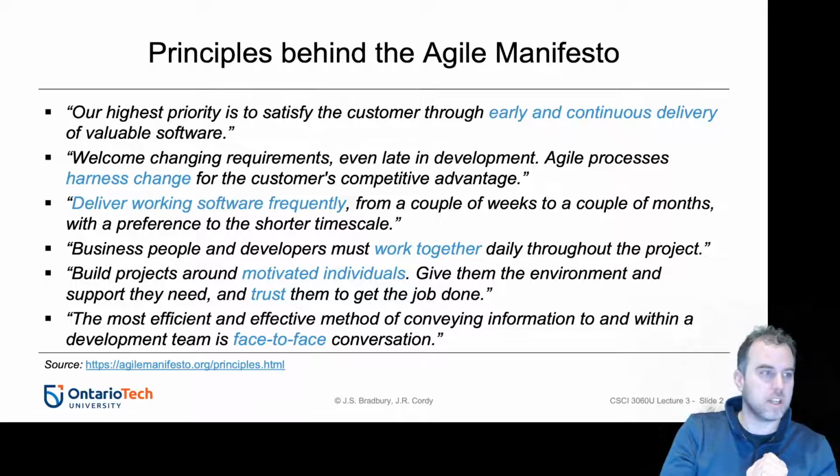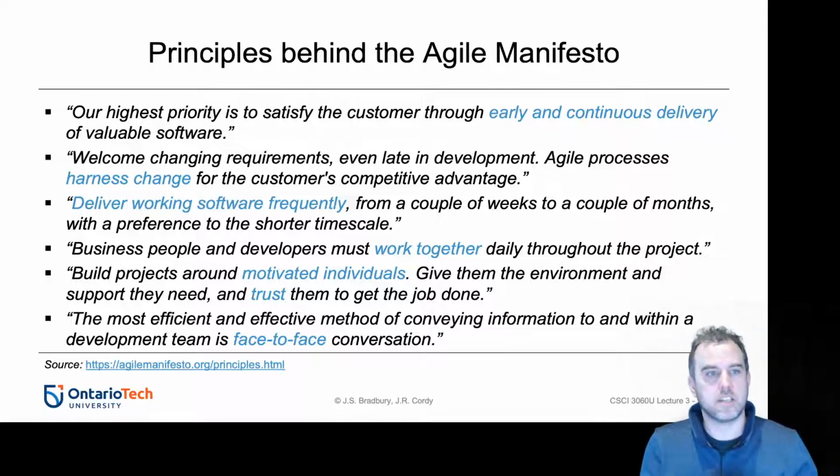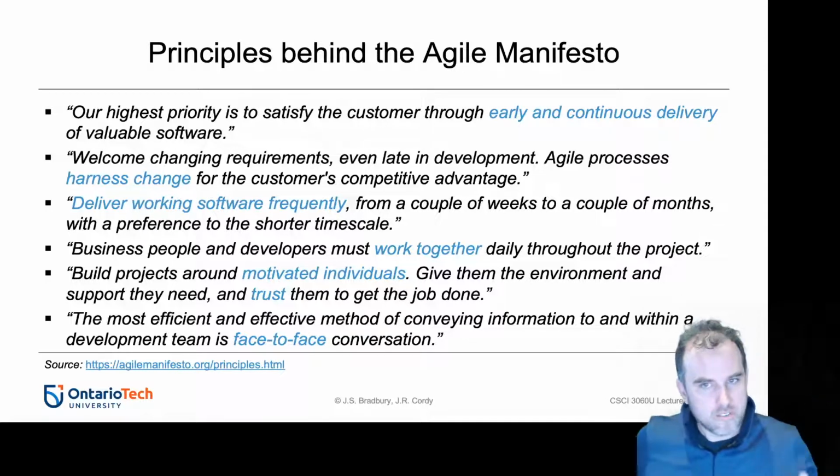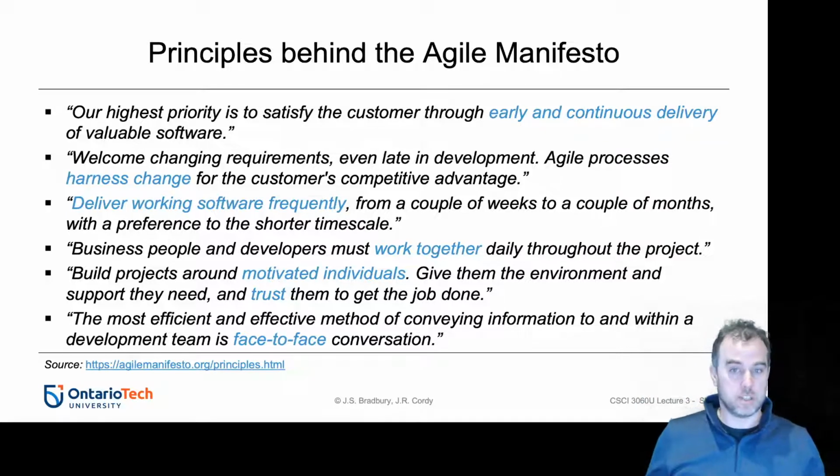One of the things you're going to recognize, something you'll have heard about a lot, is the idea of early and continuous delivery. They said the highest priority is to satisfy customers through early and continuous delivery of valuable software. That means getting a working version of the software to customers as quickly as possible, and continuously delivering, continuously updating and adding to it all the time. So this notion that you wait 2 years for some monolithic version 1.0 to be released, that's not what they want. They want early and continuous in terms of how